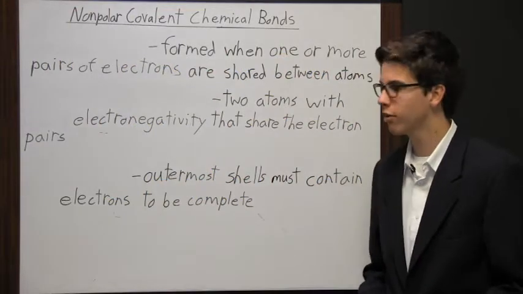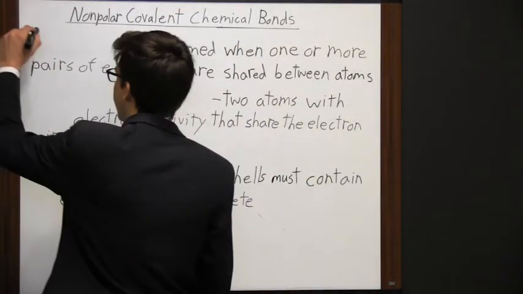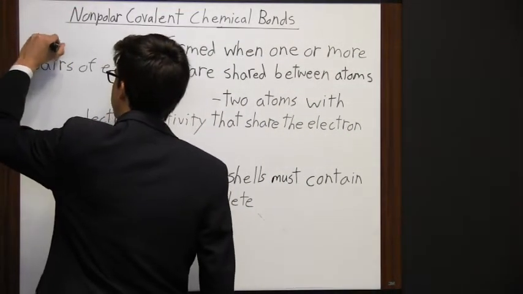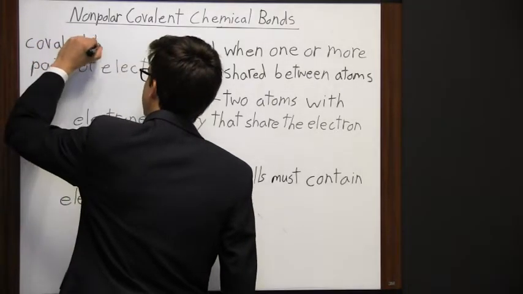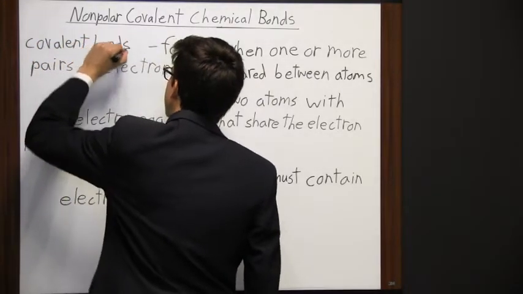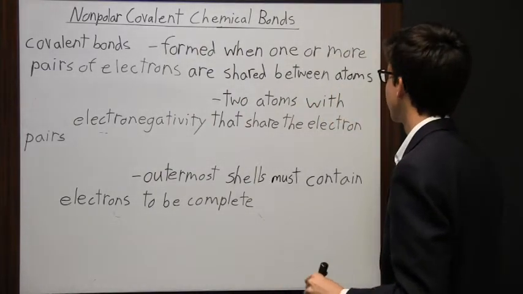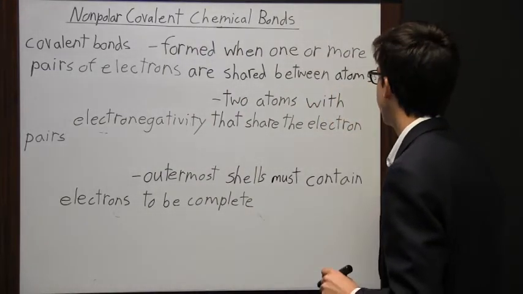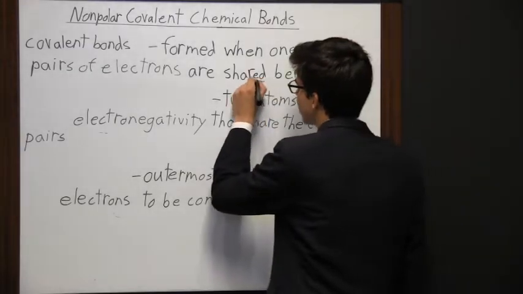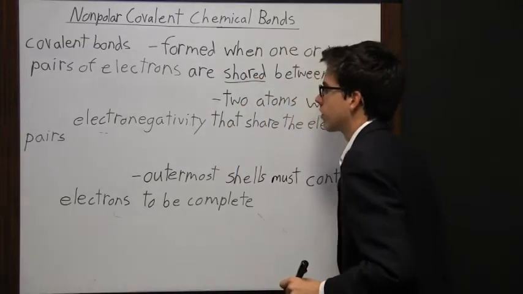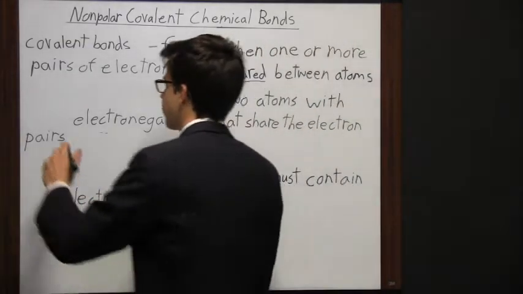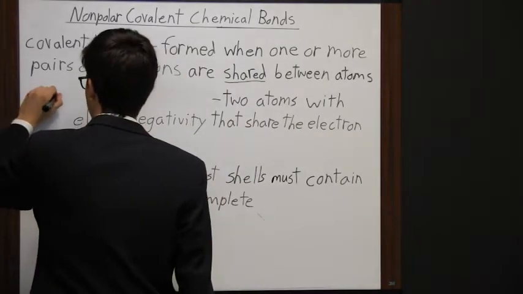In chemistry, we come across what we can call covalent bonds. And these covalent bonds are formed when one or more pairs of electrons are shared between atoms. So the key word here is shared. Now, we can take that a step further, and we have something called nonpolar